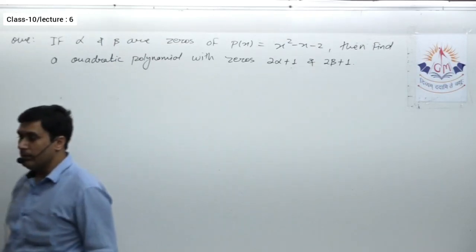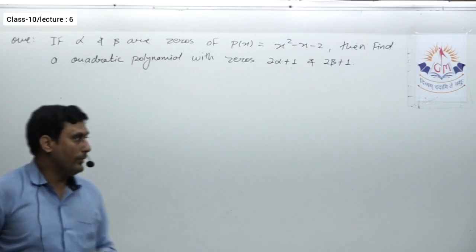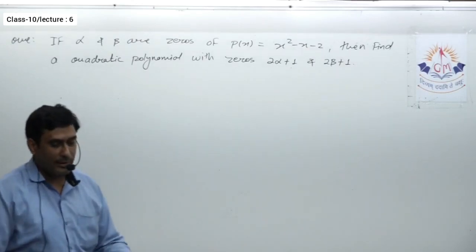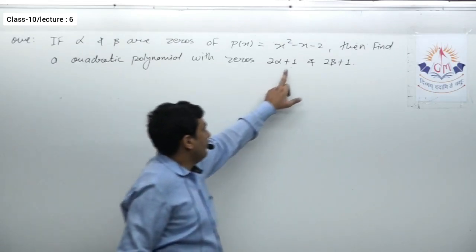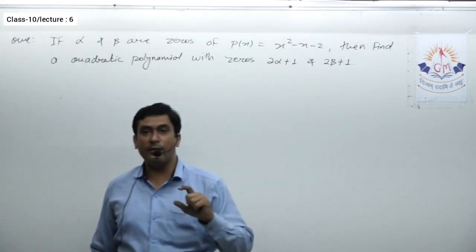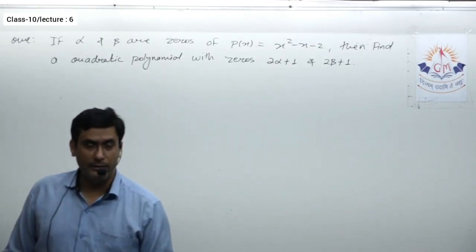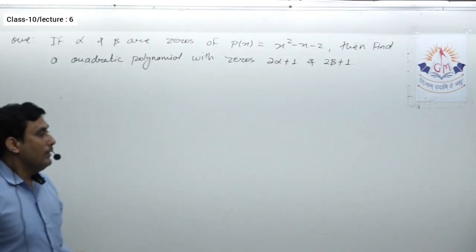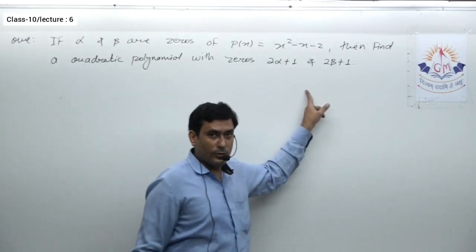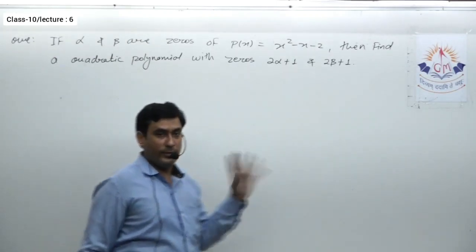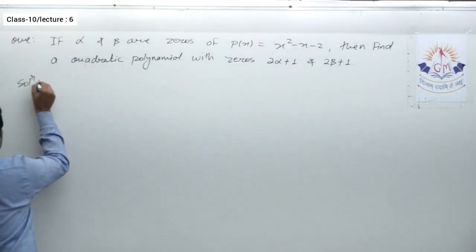Okay, so here the question is a little bit different. Now we have to obtain a polynomial whose zeros are these. So again it is almost the same. See, these are the zeros. We know that if we have the sum and the product of the zeros of the polynomial, it is easy to find the polynomial. So first we'll find the sum of zeros and the product of zeros, then we'll see how to find the polynomial. Let us see its solution.